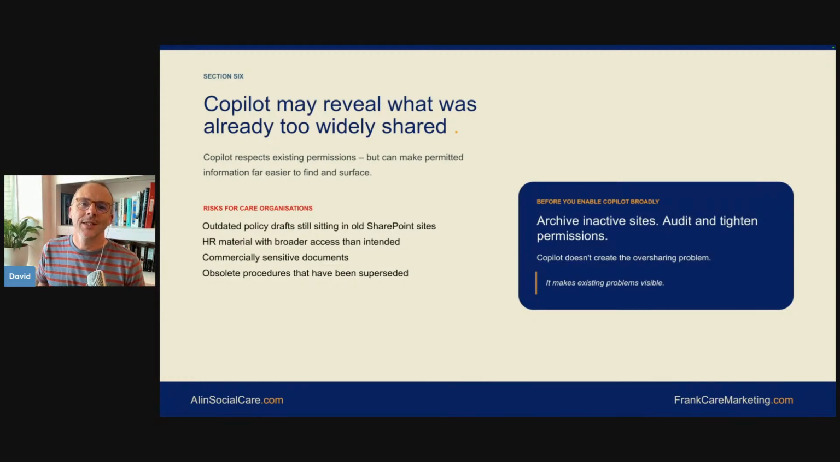So a document sitting in a poorly managed SharePoint site may once have had very little chance of a staff member stumbling across it. Whereas now Copilot can find that information and surface it. So the new risk is not that Copilot is going to break those permissions, but that it is going to make an old oversharing problem suddenly visible. So an outdated policy draft, HR material, confidential operational information suddenly becomes discoverable to people who did have access but